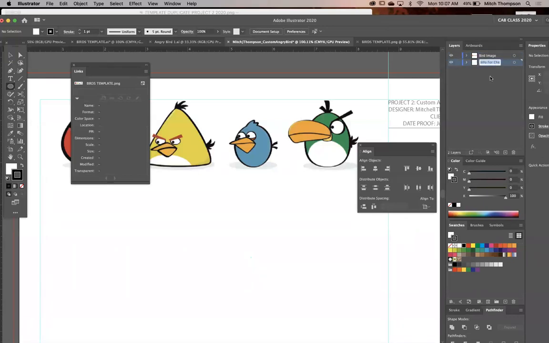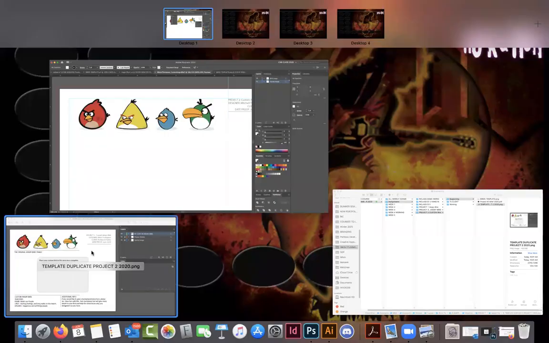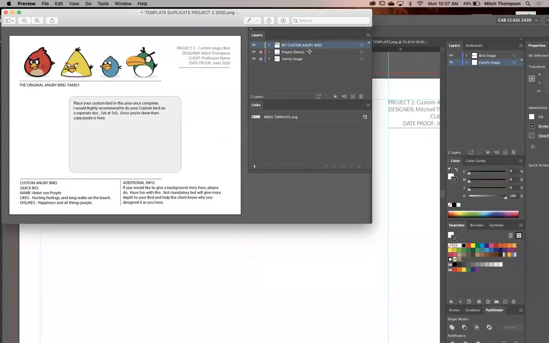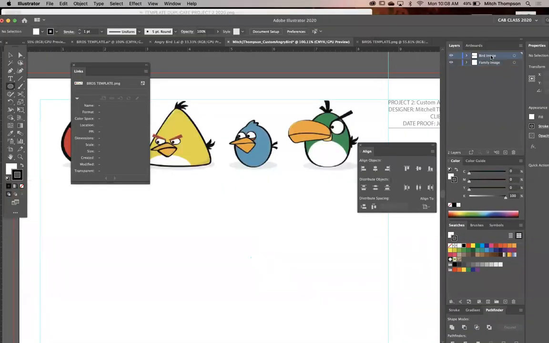Nice and easy. It just takes a second. Family image, project details, perfect.